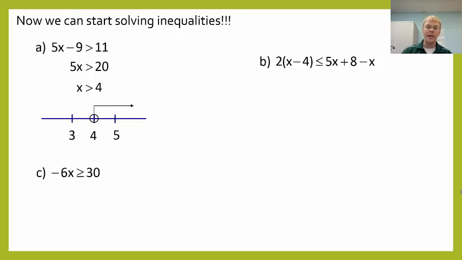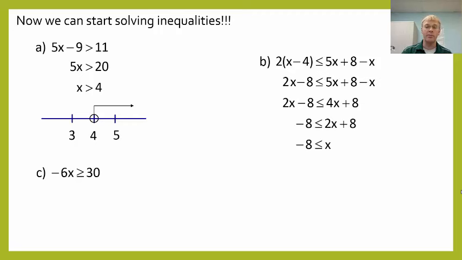the right. Now in B, you can see we've got some parentheses, and I've got like terms on the same side on the right, and I'm going to end up with variable terms on both sides. So I'm going to distribute the 2, then I'm going to combine 5x and -x, then I'm going to subtract 2x from both sides, then I've got a two-step inequality. I'm going to subtract 8 from both sides, and then I'm going to divide by 2, and I'll end up